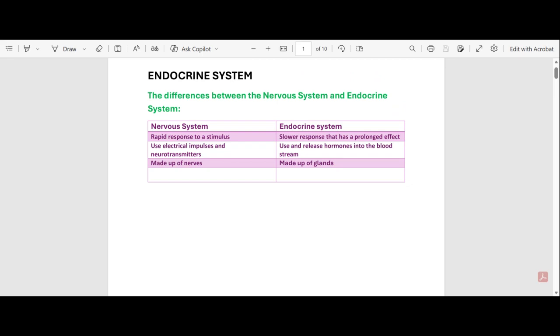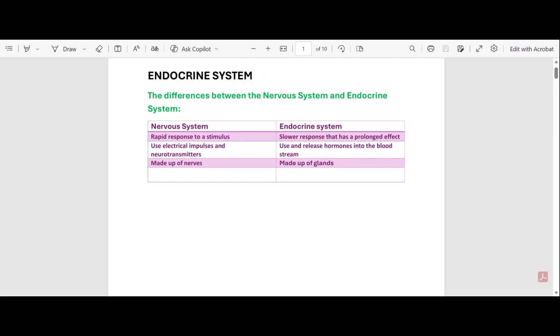It's composed of glands which secrete hormones into the blood, and those hormones are transported through the bloodstream to the target organs. And a target organ could be any organ, right? Could be your kidney, could be your thyroid gland, and so on. As this lecture progresses, we're going to find out more about those target organs. But before we start with the endocrine system, I want us to differentiate between the nervous system and the